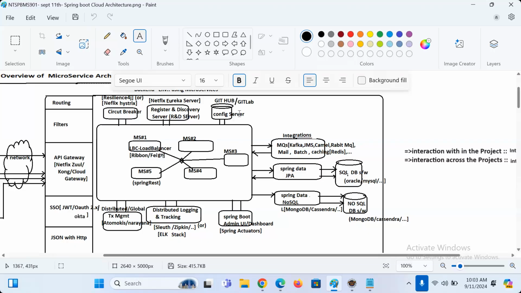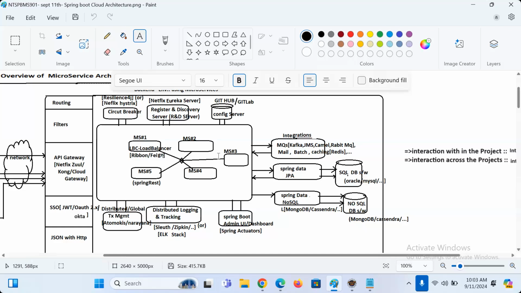That's the use of config server. What is that? Config server is a Spring Boot project that acts as a bridge between multiple microservices and Git accounts. It gathers common properties like data source properties, Hibernate properties, and other things from the Git account and pushes them to all microservice projects. This gives us centralization of the common properties. Whenever the database password or the logical DB is changed, I need to modify it only one time. That's the role of config server. Clear, boss?